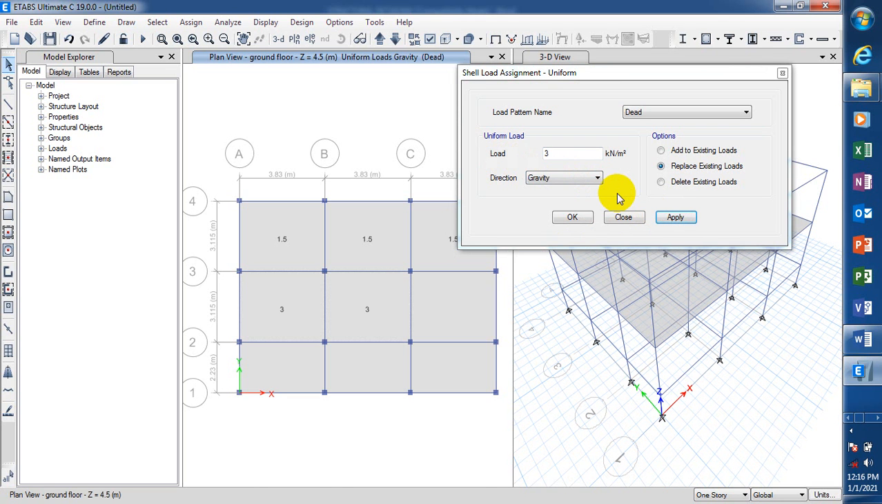for my, let's come down here, come here, here. So I'm just going to assume this to be 1.5 for my rooms. Okay, sorry, add to existing. So